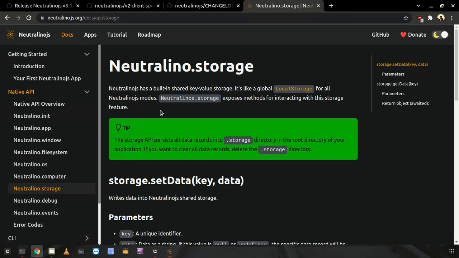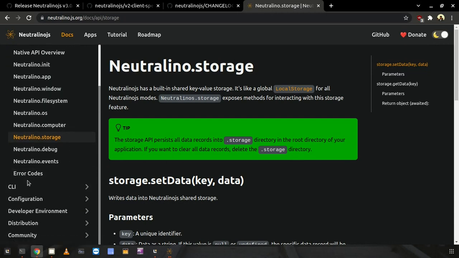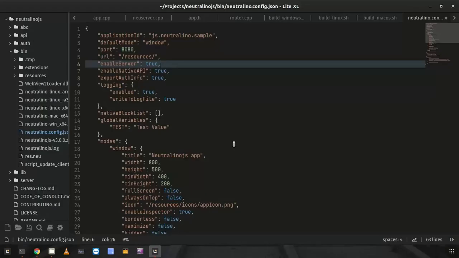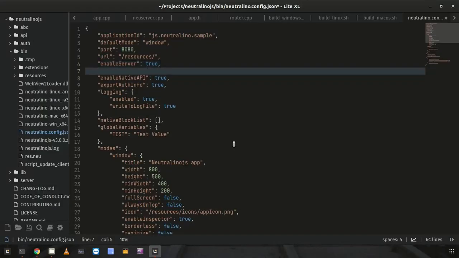In that scenario, you can create a Neutralinojs extension using maybe Node.js or Python to communicate with the MySQL server. After the next release, we will extend this documentation by adding some details about API extensions. But for now, I am going to show you one example extension that I created to demonstrate how API extensions are working. To enable API extension support, you need to set the enableExtensions key to true,